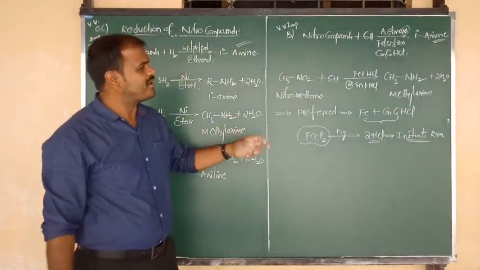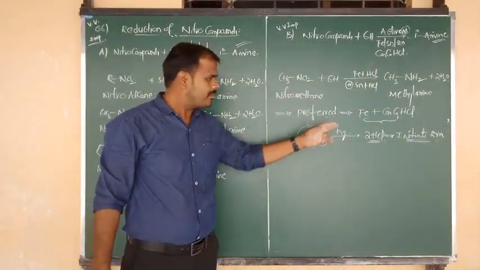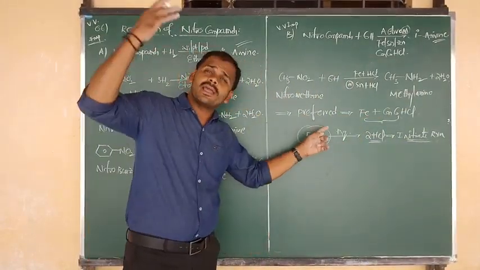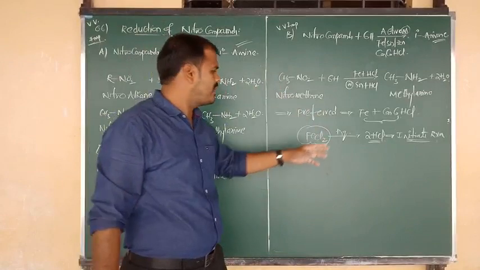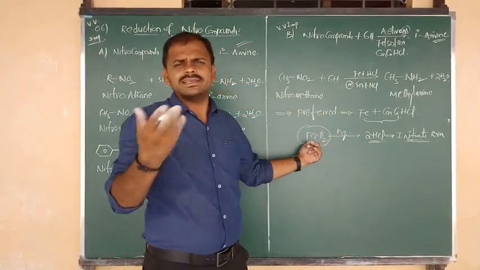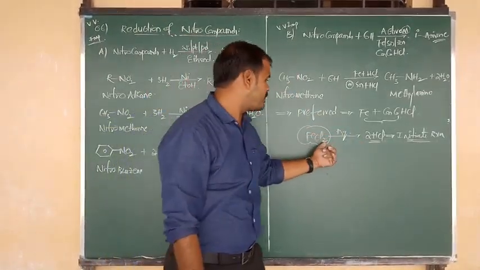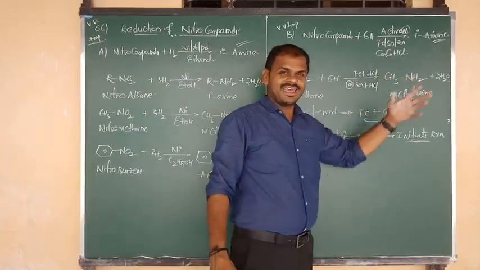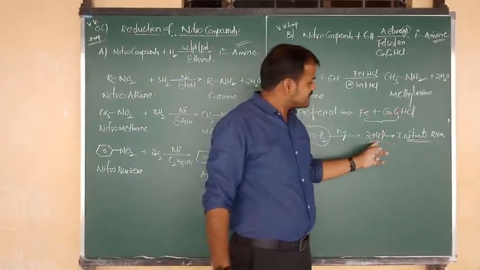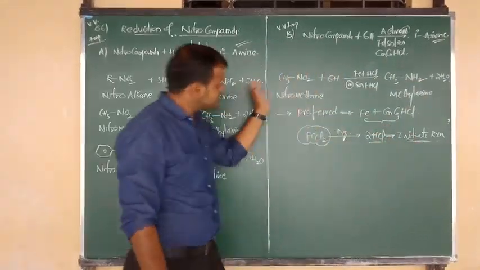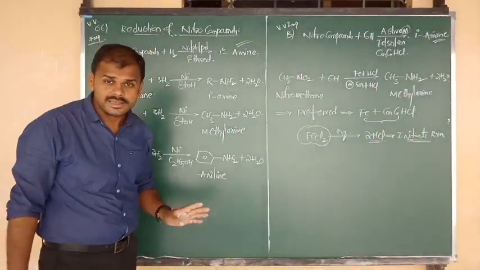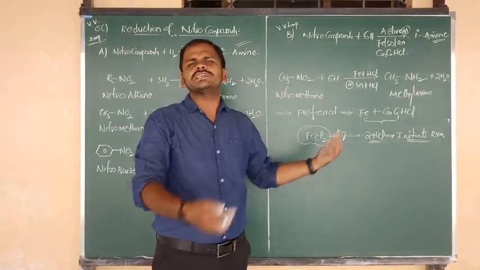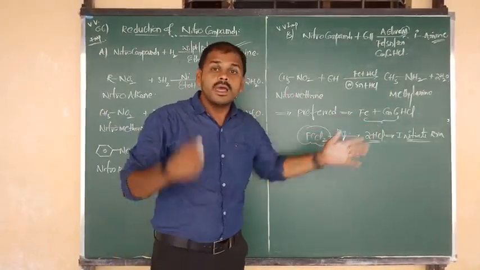Okay, so the preferred combination is Fe plus HCl, because after combination of these two, it forms ferrous chloride. Upon reaction with aqueous condition, iron changes into iron hydroxide, but 2 moles of Cl are removed in the form of 2 moles of HCl. Again we are getting HCl, the catalytic medium, which will initiate the respective chemical reaction. But they can ask you: which is the preferred combination in reduction of nitro compounds? This is the reason.